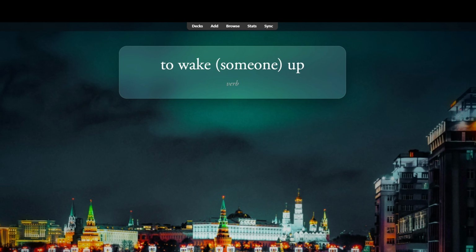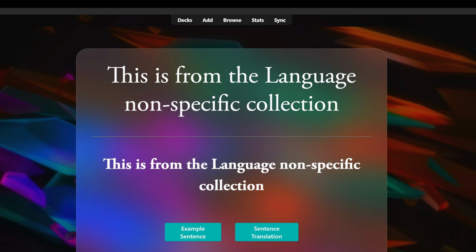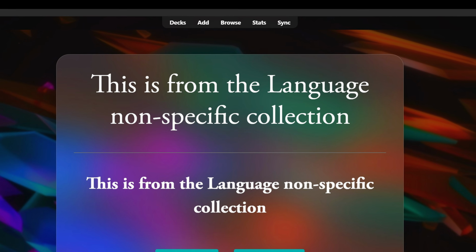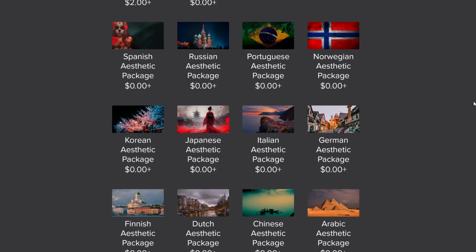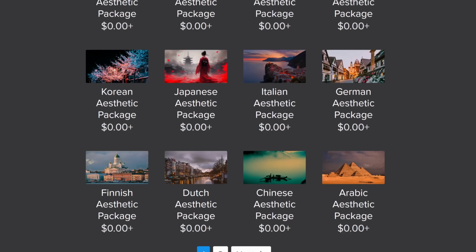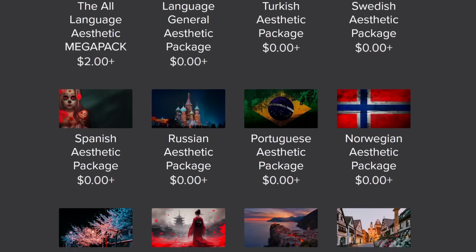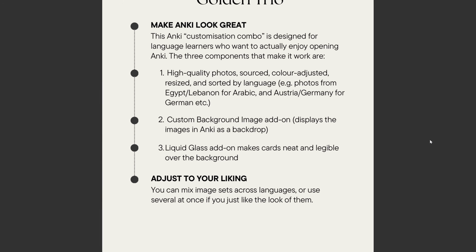15 popular languages, plus one collection that is non-language specific in that they're just cool designs that were well suited to this purpose. In the description below this video, every collection, except one that I'll get to in a moment, is completely free and comes with clear instructions on how to set this all up, just in case I've missed